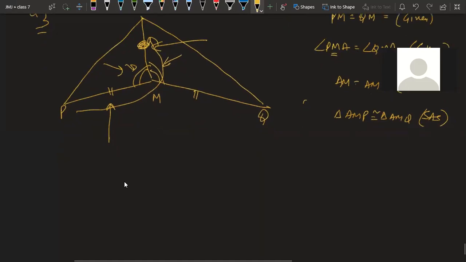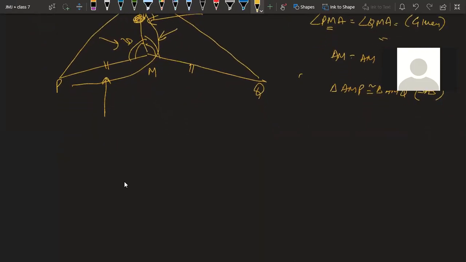Now, question number 4, you have doubts. Let us take. Okay, I will take. First, let me clear question 4 doubt. Question number 4 is saying in triangle ABC, angle A is 30, B is 40, C is 110. Angle A is 30, angle B is 40, and C is 110.